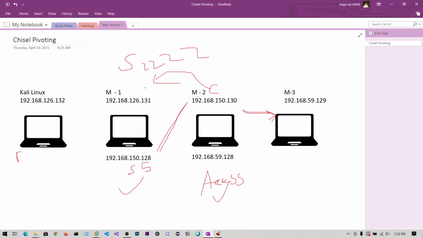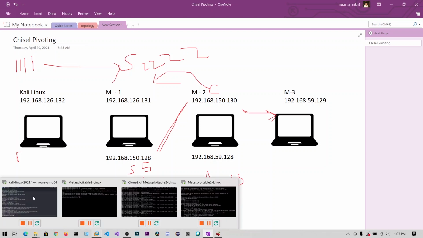Okay, now this is a single step. What you need to do is set up another SOCKS here, let's say on port 1111. We need to set up on this 1111, and redirect everything to this port 2222. Okay, let's do that.